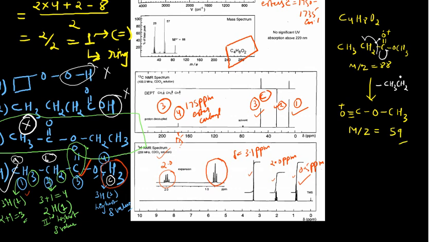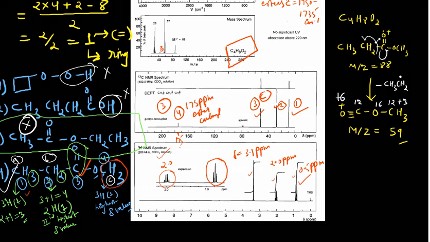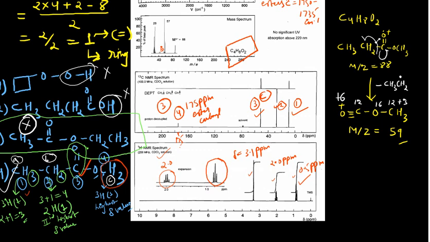And you see this 59 peak is somewhere here. This is 57, 58, 59, which is not very clearly visible here, but you can check. Let me check the weight of this particular fragment. See, 2 carbons, that is 12 plus 12, plus 3, 16 is the oxygen, plus 12, and then again 16. Adding it up, it is 59.